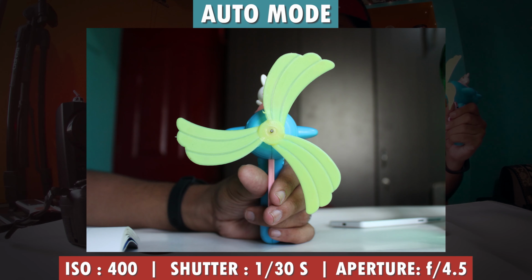Now, how does shutter speed affect the light in an image? I'm going to check the values of ISO and aperture in this image that we took in auto mode. I'm going to set the same in manual mode, vary the shutter speed and take images. Let's see how shutter speed really affects light in an image.